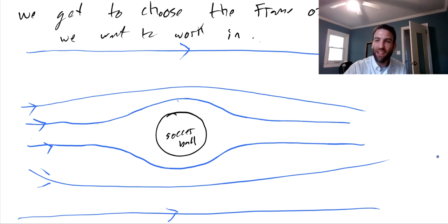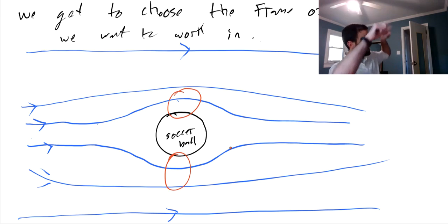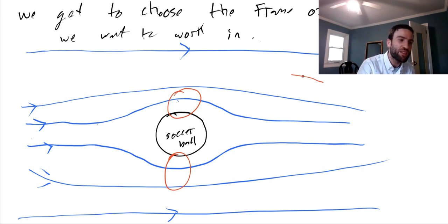Everything's nice. Even though the flow here is so smooth, there are still these dynamically generated variations in the pressure and the airspeed of the air as it flows around the soccer ball, right? So just like we saw in the case of the bent pipe, when the air is forced to bend, there's going to be changes in the pressure associated with that. So what does that look like? Above and below and to the left and right of the soccer ball, so if the ball is traveling this way, I mean all around the ball like this as it goes that way, there are these regions of